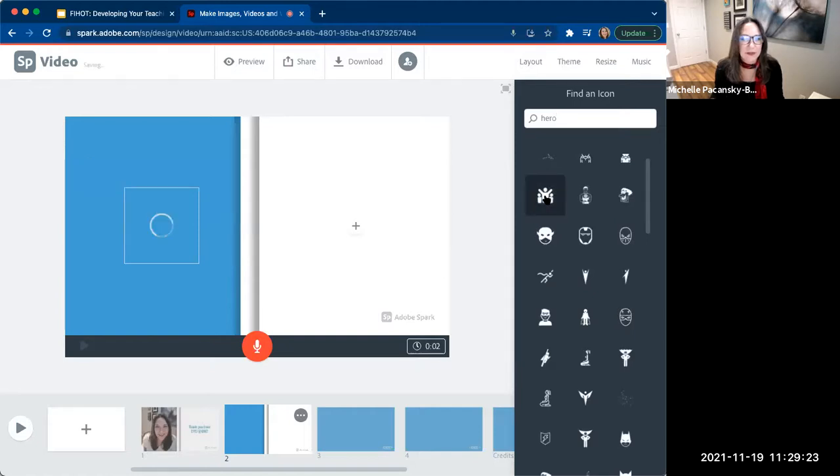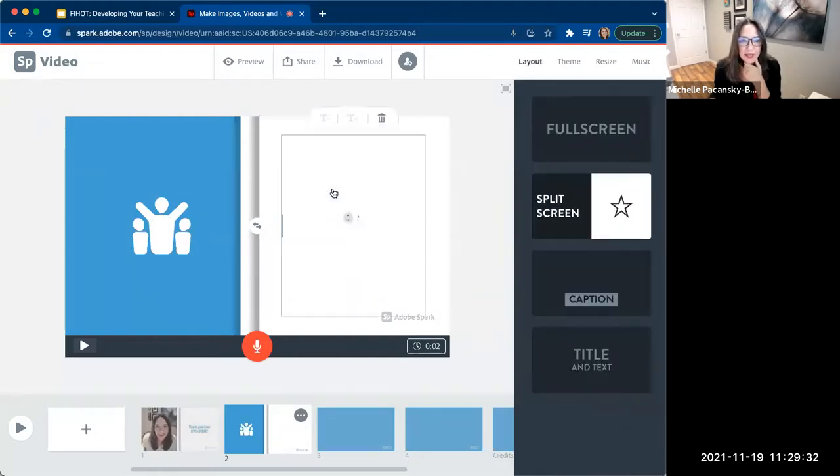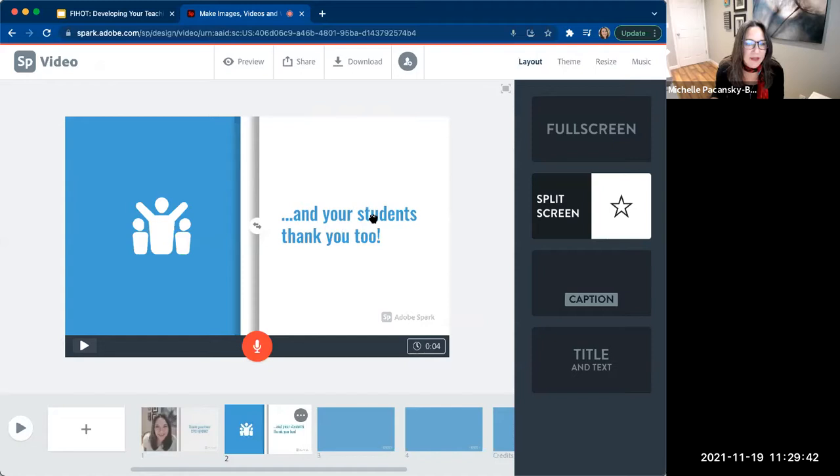And when you find something you like, you just click on it and it pulls the icon in. On the left, you can put another icon or you can put text. I'm going to add text here. And then click outside the box, and then to center it, click and just drag it slightly.